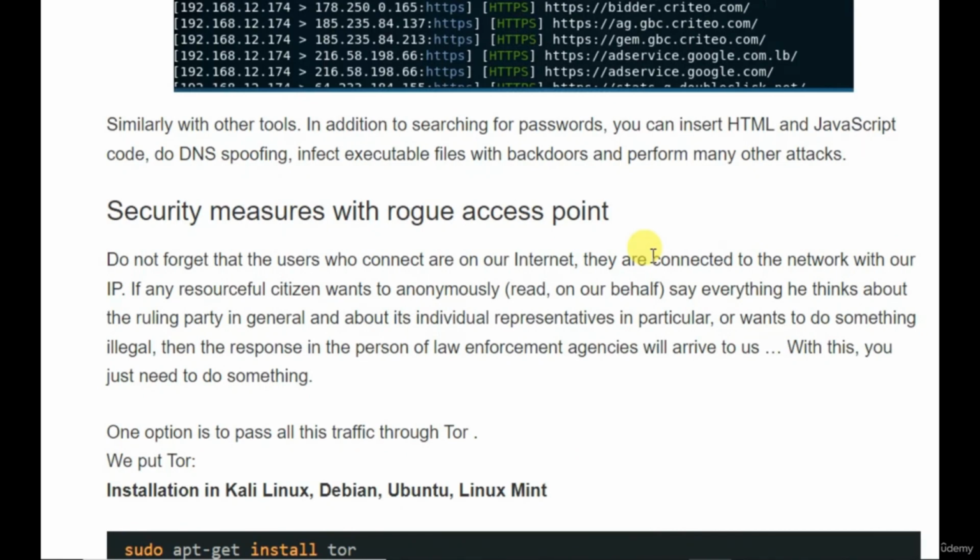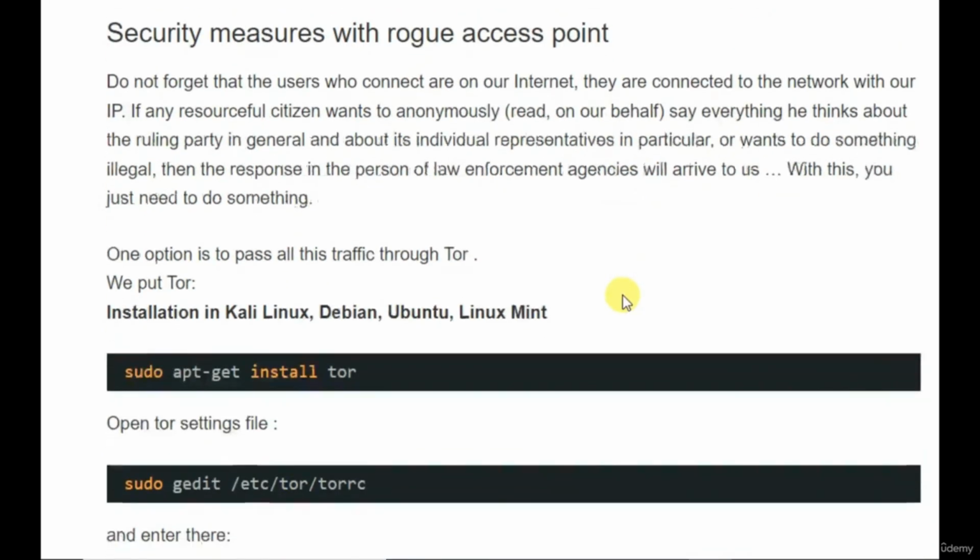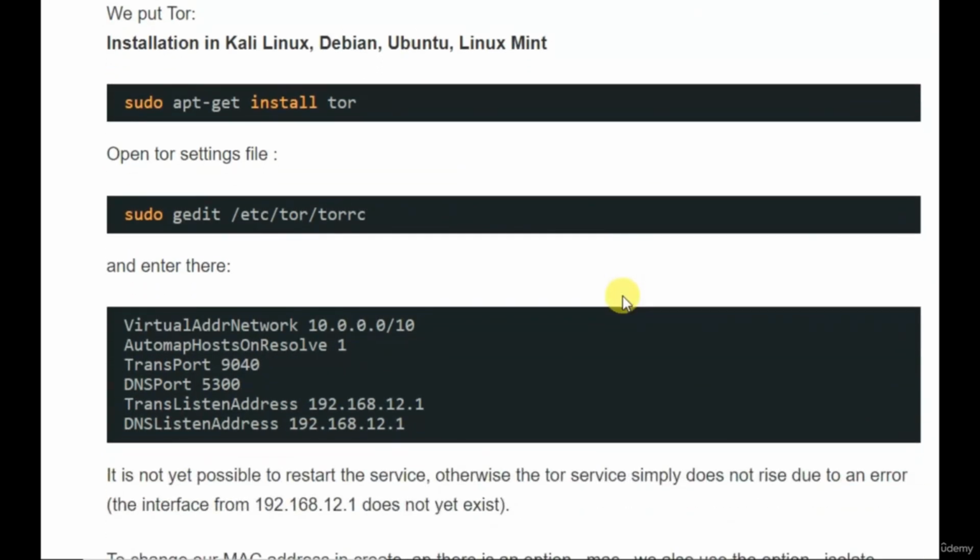Security measures with a rogue access point. Do not forget that the users who connect are on our internet. They are connected to the network with our IP. If any resourceful citizen